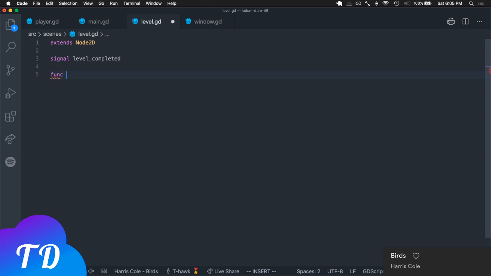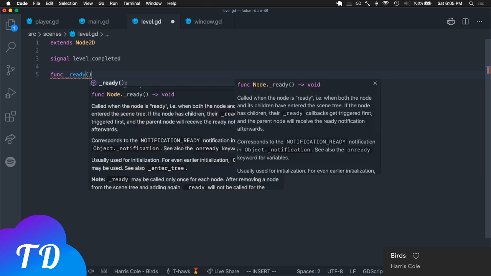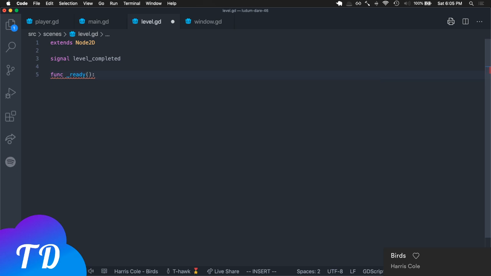So we're gonna call the ready function, and what this function does is it's called every time the game starts. And so yeah, every time the game starts, we want to